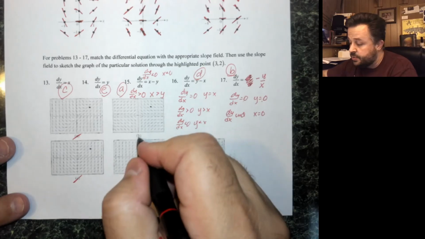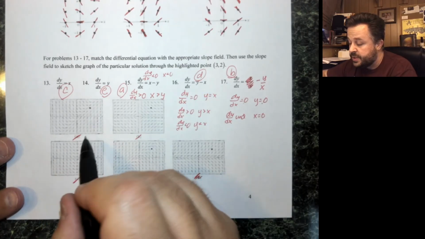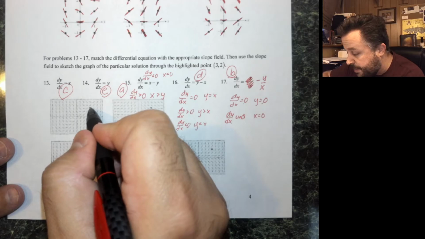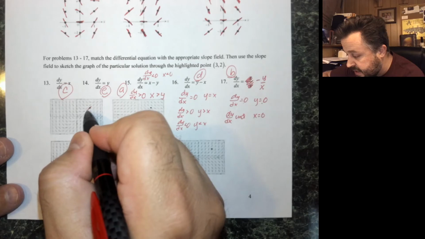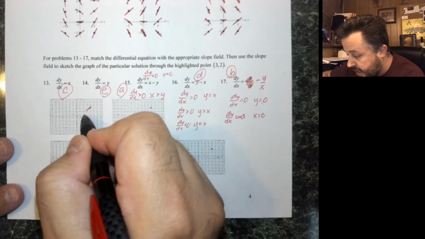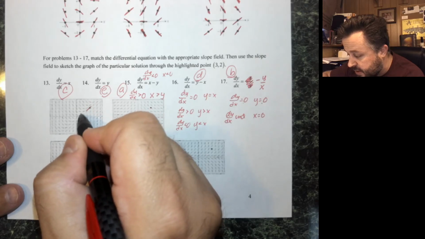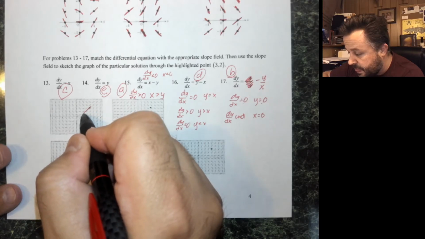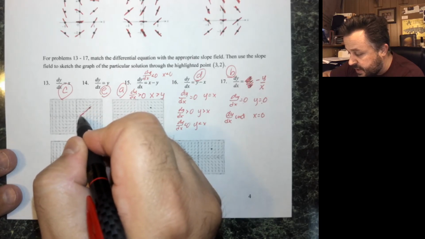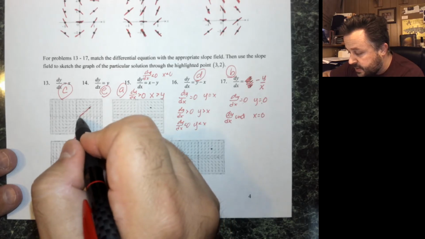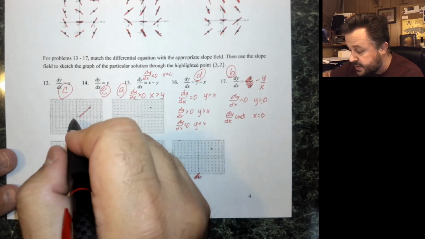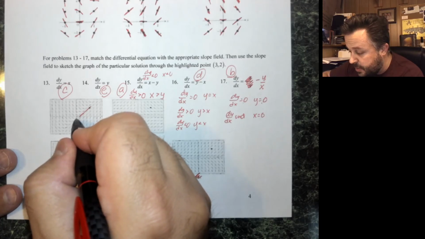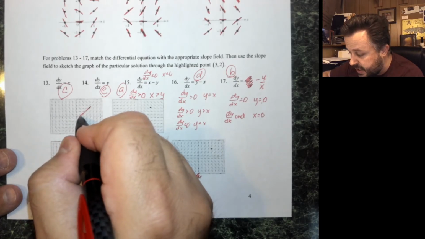Now let's go back and draw the particular solution through the point (3, 2). Again, what I want to do is try to match up those slopes. As I come through here, I see that it's coming down. Notice it's slightly negative here, then steeper here, slightly less negative here, a little positive here. So we want to be very careful as we come down. This is a tricky one. Actually, I think it's the hardest of all 5 of them, because part of me wants to follow these and go up, but if I'm not careful,